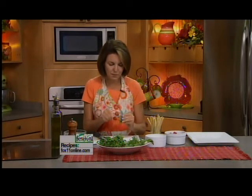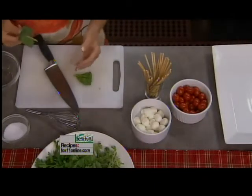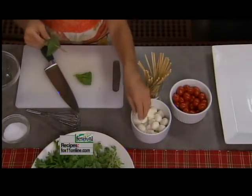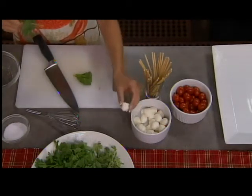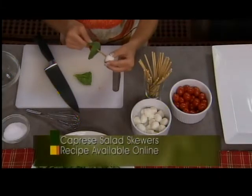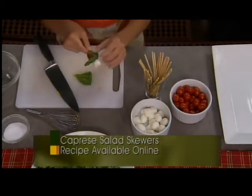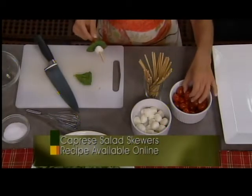And you can pick up nice big bunches of basil at the farmer's market. You can also just pick them up if you're not growing them. They have them right at Festival Foods. And this is the cherry size fresh mozzarella balls, which again, we picked up right at Festival. If you can't find them though, you can actually just take the logs of fresh mozzarella cheese